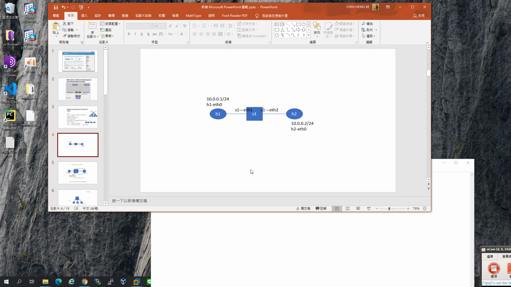By the way, in this network topology, I have some information to tell you. In the default settings, if you don't say anything, the node will use the default settings. For example, the first node's IP address will be 10.0.0.1. The second will be 10.0.0.2. And the mask will be 255.255.255.0. It means there are 24 bits